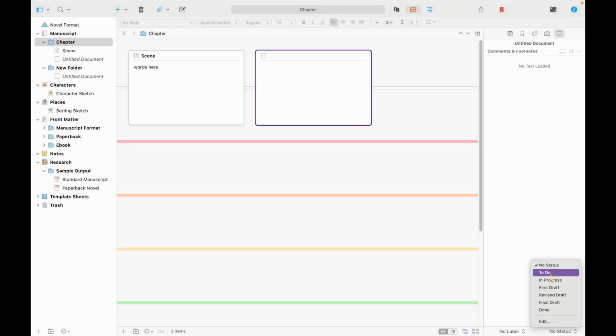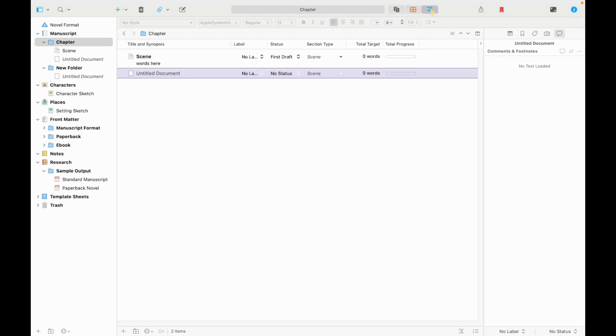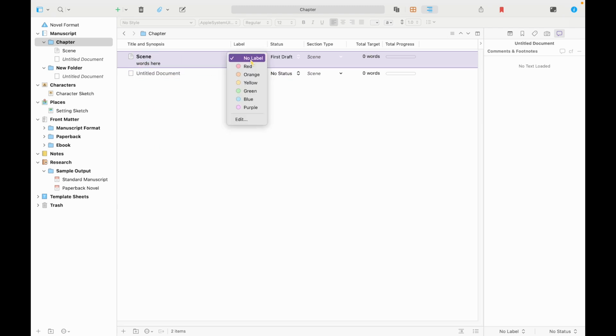You put a status, which is to do, in progress, first draft, revised draft, final draft, done. I rarely use those just because they're not super visible, and I just kind of know where I am. I put a note in square brackets so I can Command F where I need to fix things. And finally, you have this, where you can see the column view of this. If you were using the labels or the status, that would probably be helpful to look at with this